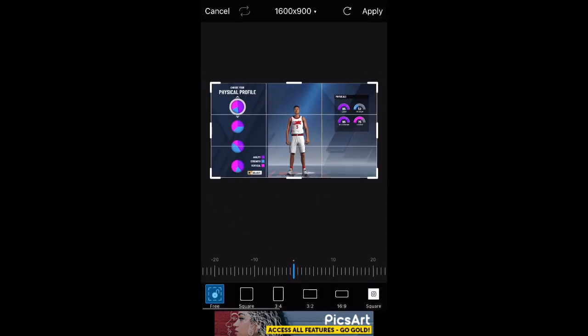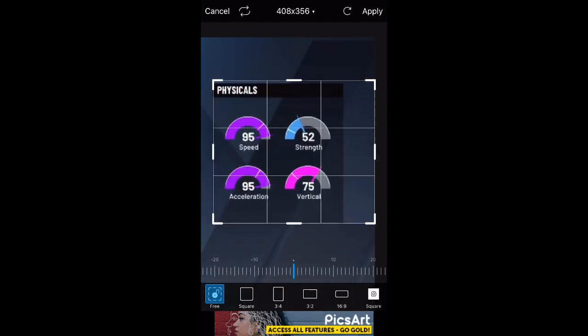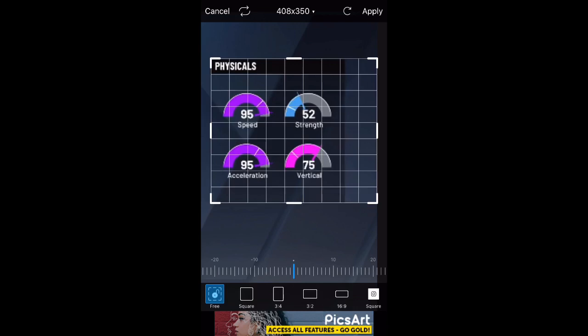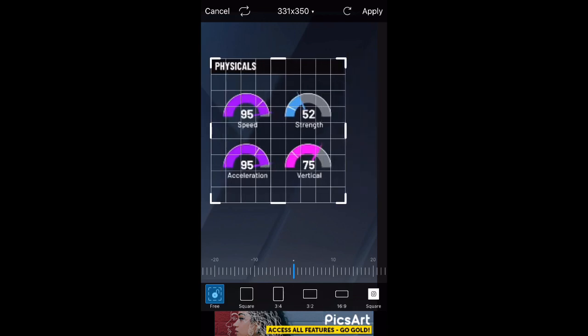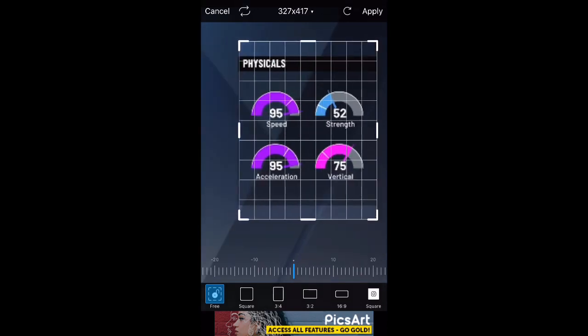Alright, so right here you guys can see that I just finished adding my little green effects to the thumbnail. But what I'm going to do now is add another image, and all I'm going to do is crop it. So you're going to add an image, click on crop, and I'm going to use the square and make it the size I want. And once you do that,